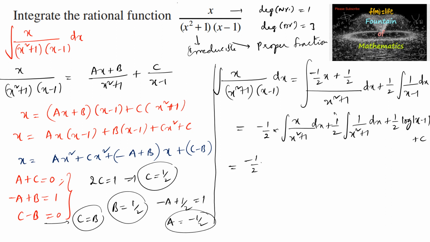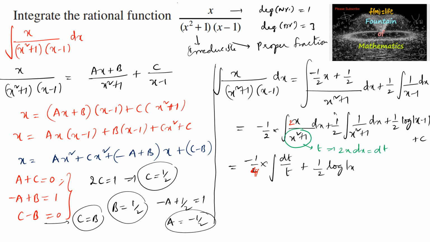Or we can add 1 upon 2 times. Here multiply and divide with 2. So we can add minus 1 by 4 times. We can see very clearly that differentiating the denominator gives the numerator. So if we substitute x square plus 1 as t, so we have 2x dx is equal to dt. So we can write the integral dt divided by t